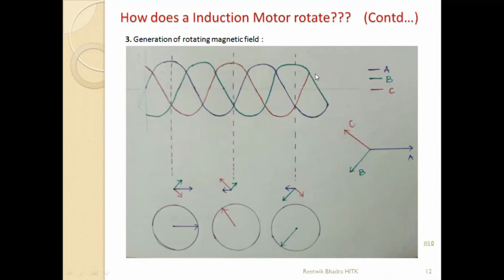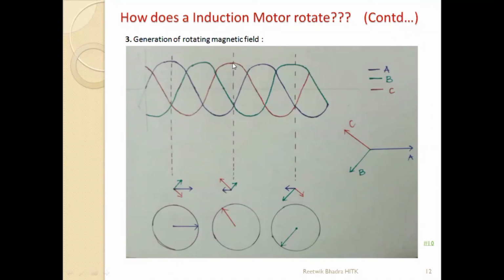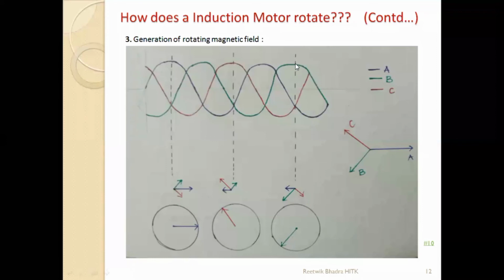You can take any point along this waveform. Another point I've taken, this red one is peak, that is C is peak, and the other 2, blue and green, are negative half, intersecting at this point at half. If you draw it physically on graph paper, you will see that if this is peak, these 2 will be half. Then the green one is peak, and red and blue are negative half.